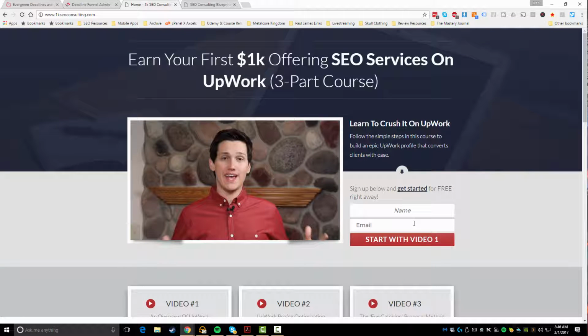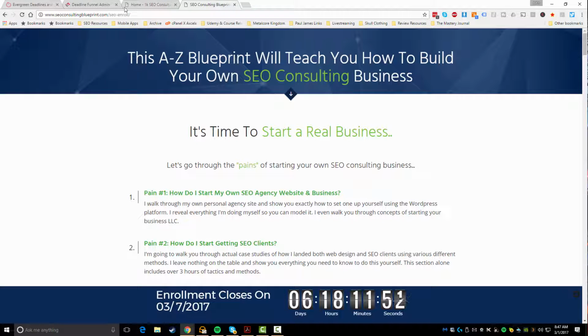As soon as they opt in on this, it starts a 7-day countdown timer, and the countdown timer is set to end at midnight Pacific time on the last night of 7 days from the day they opt in. As soon as they opt in, my Upwork system actually has a sequence that sends out emails automatically over the next 7 days, and the first 3 days is basically sending them part 1, part 2, part 3 of the video course, and then by the time they get to the end, I pitch them to head over to